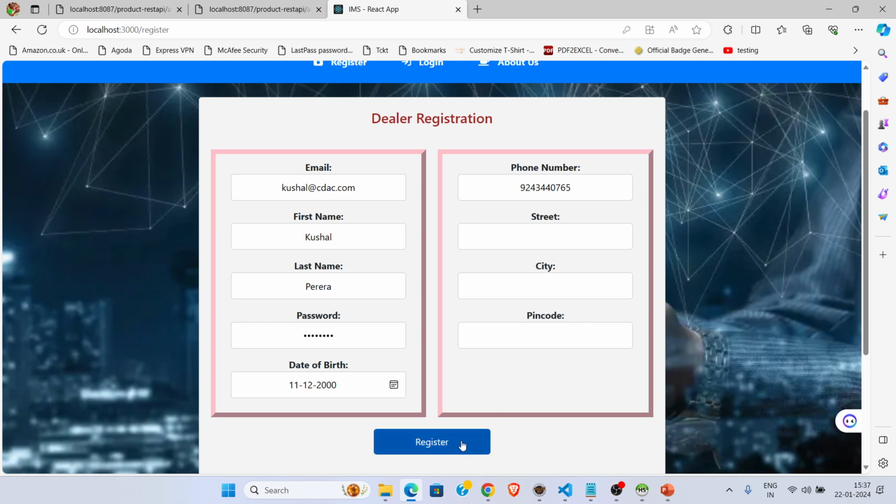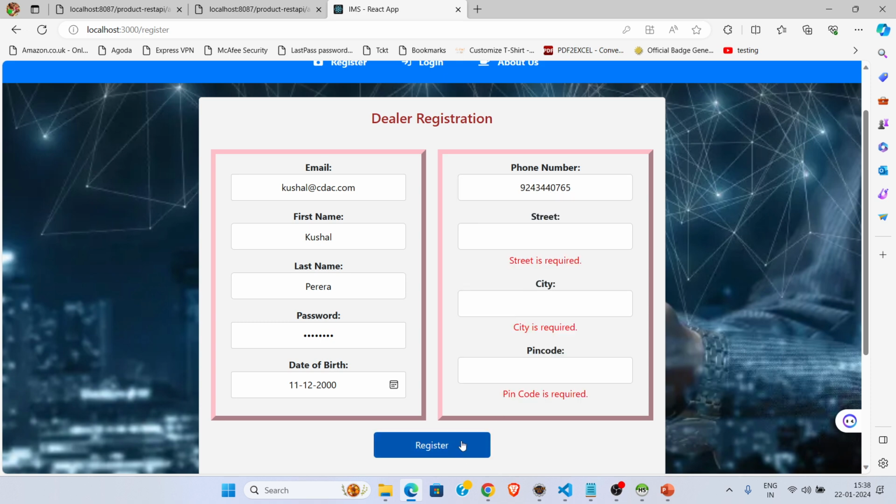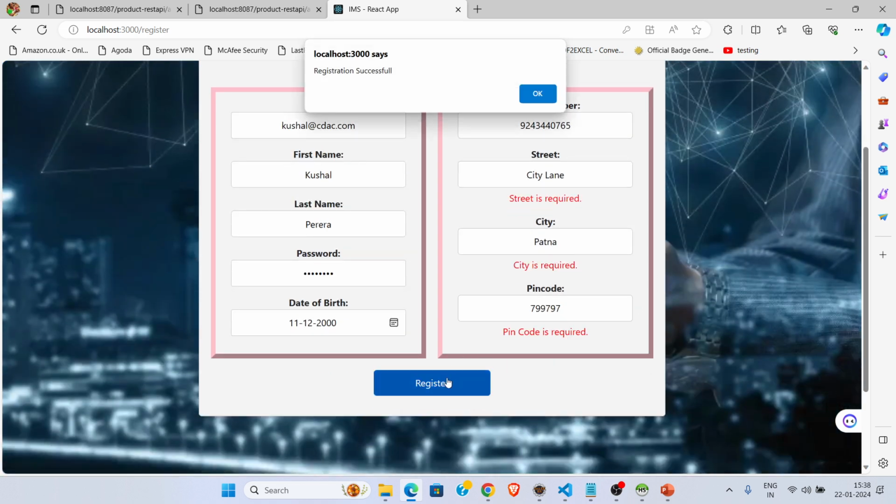Just look here, that is a validation. After entering this, I'll just try to click on register. It is telling street required, city required, pin code required, like that. Fine, just look here, people. I'm just trying to do the dealer registration. So when I click on register, it shows registration successful,